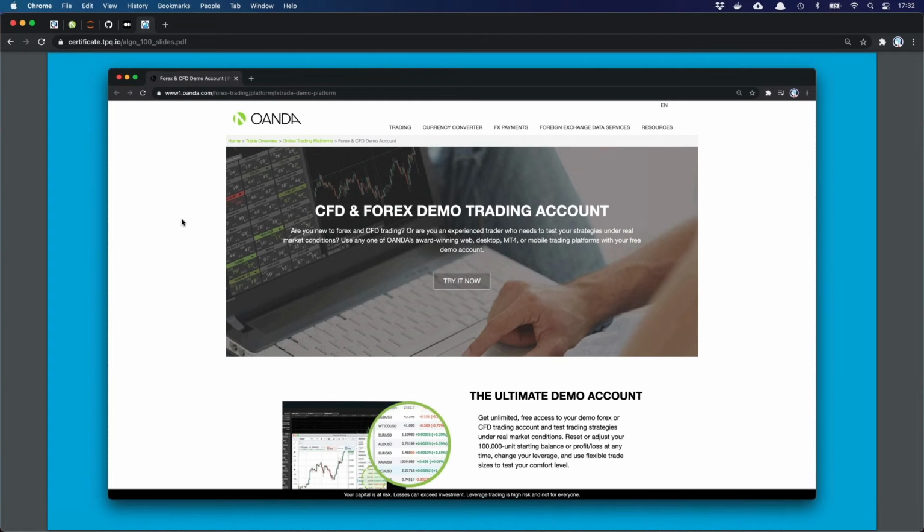So you can sign up there within minutes for free. Behind that, there is also the link which leads you to the sign up page. There you provide the country. Probably you should choose a country where CFD trading is allowed properly, like Germany or the UK. And it says the ultimate demo account, and I can confirm that. So we have real accounts with Oanda. I have a bunch of demo accounts, which I'm going to use today, and they are basically the same.